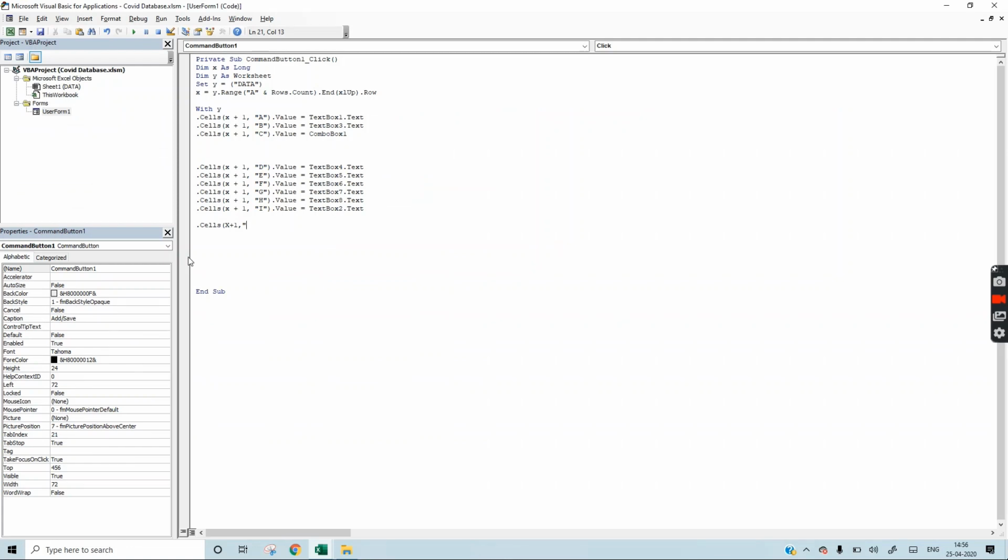This is J. Value of J will be: if OptionButton1 value is equal to True, then it is male.